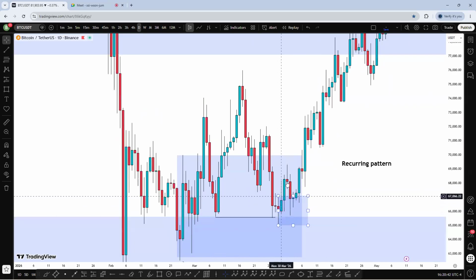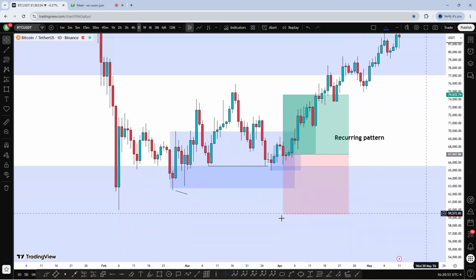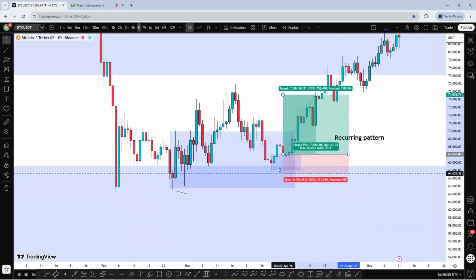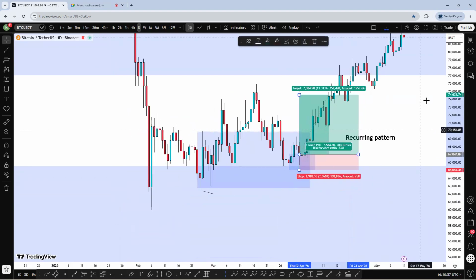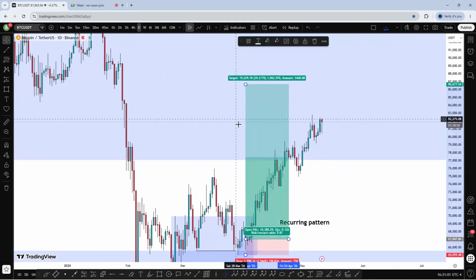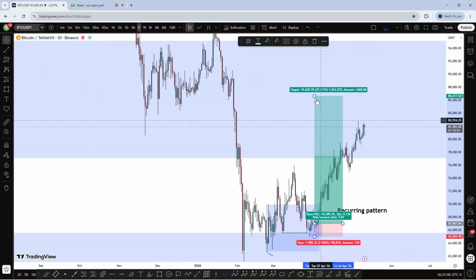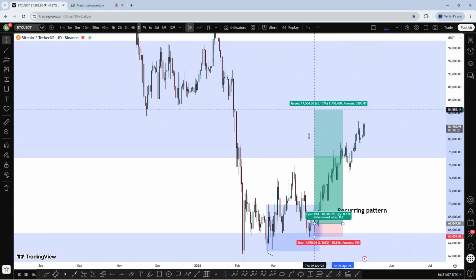Daily confirmation, a pullback. You are supposed to go long around here and you put your stop loss below this daily zone. And then you target a certain level. For example, you may target this one